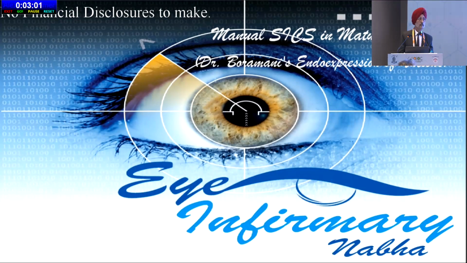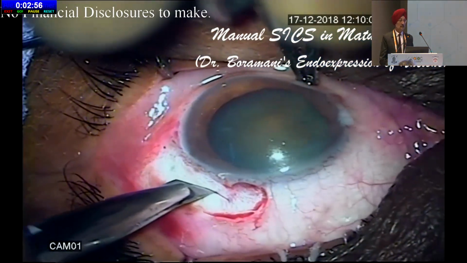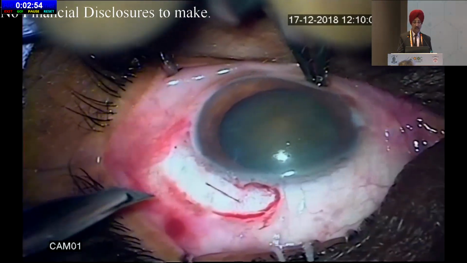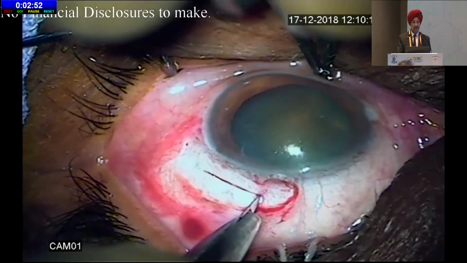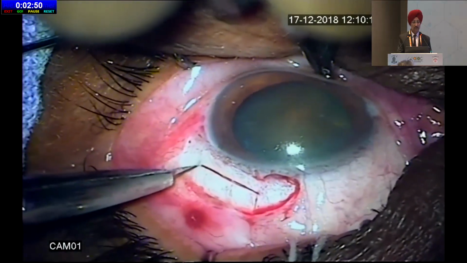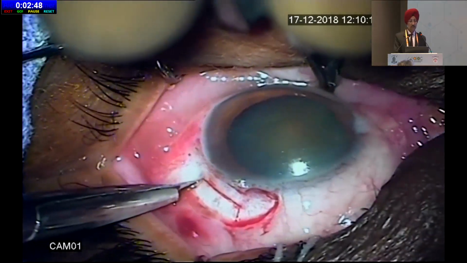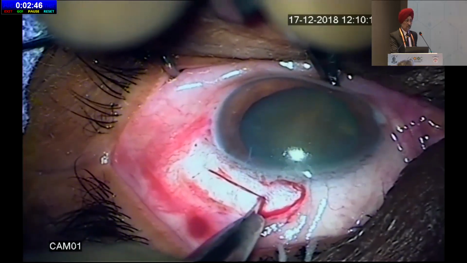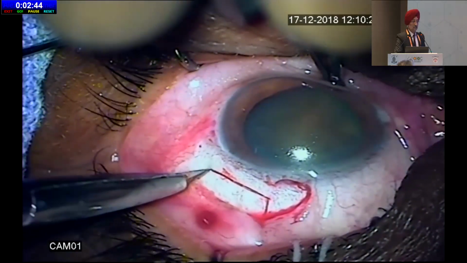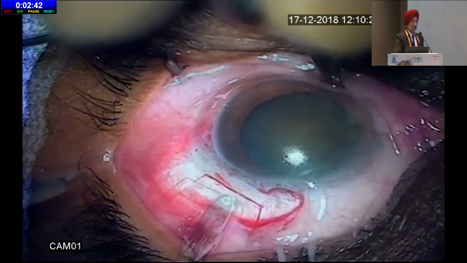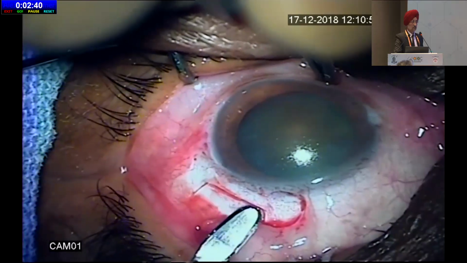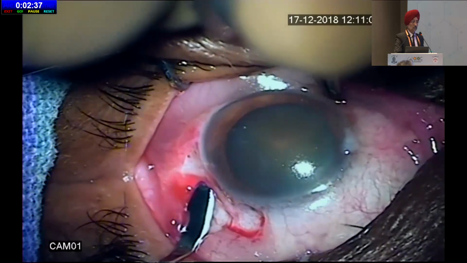Greetings from my infirmary. Today we will present to you a case of senile mature cataract in a diabetic patient being taken up for a superotemporal manual SICS. The surgery starts with minimal conjunctival peritomy and cauterization. A partial thickness scleral incision measuring 4.5 mm, with an aim to neutralize 0.75 diopters of astigmatism, is marked, supplemented